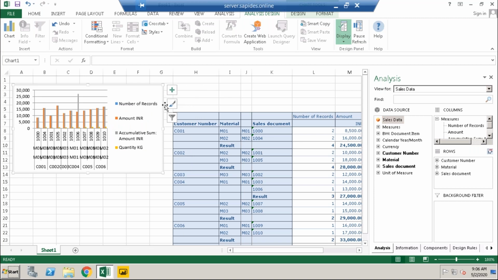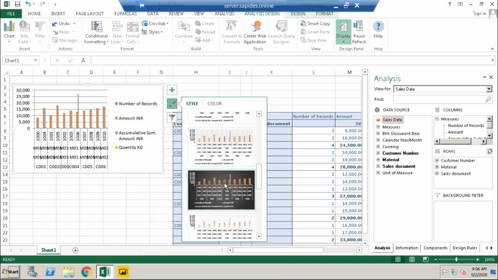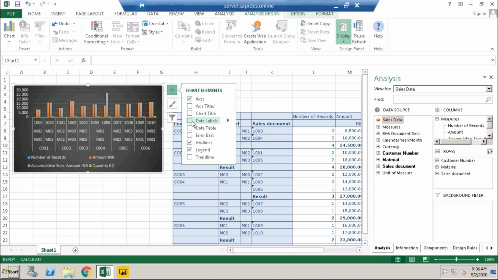So for customer material, you can edit here: formatting, apply a filter, add other additional elements, changing the chart elements, title, all the stuff. There is an option to do the style of your data, so you can change the styles, the background color. This is for the titles. If you need a data label, bar label, legend, you can change them.